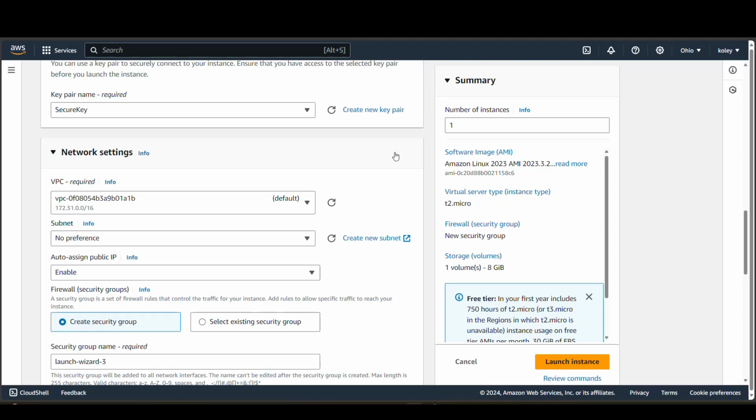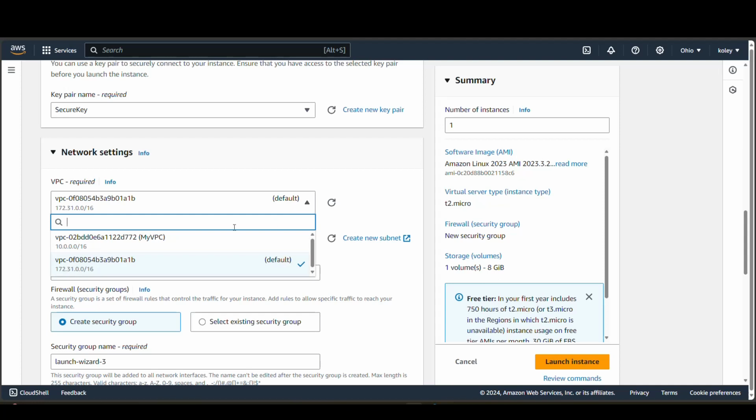and now you can see that Amazon has already associated this instance, or they're suggesting that we associate this instance to the default VPC. Okay, but we don't want to do that. We want to associate this instance to the VPC that we created. So we're gonna click the drop down here and select my VPC. This is our VPC that we created. So we want to select this,